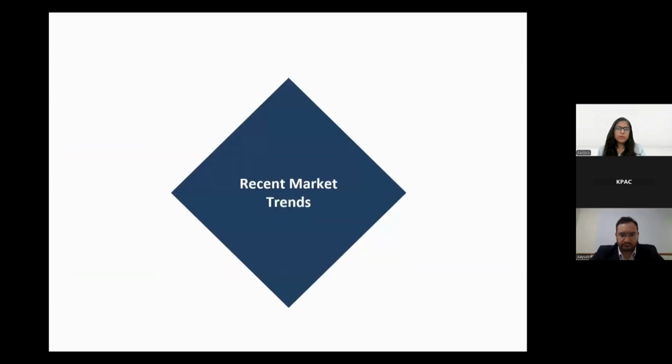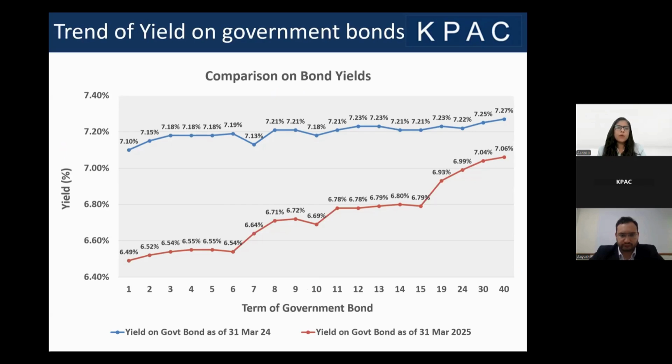Now we move on to the recent market trends. You can see here we have shown the comparison of government bond yields between 31st March 2024 and 31st March 2025. Let's break it down and try to understand this chart a little better. You'll see the blue line represents yields as of 31st March 2024, while the red line represents yields as of 31st March 2025. Across all the maturities, we observe a rise in yields, which reflects changing economic conditions and